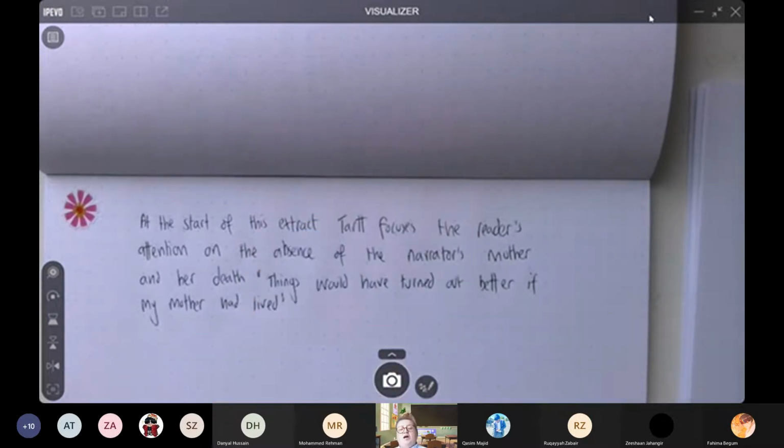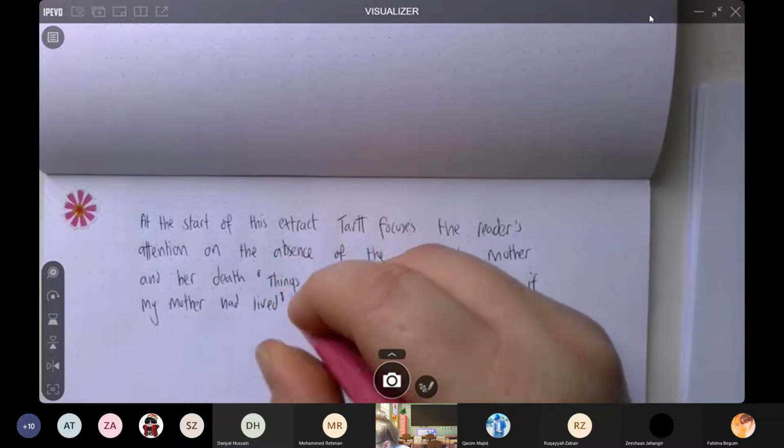So we've got the what and we've got the how. And now is the important bit here, the why. But remember, you are not explaining the language devices that are being used. You're explaining why that focus on the absence of the narrator's mother and the revelation that she's dead, why that interests us. Why does it make us want to read on? So we might just say something like,